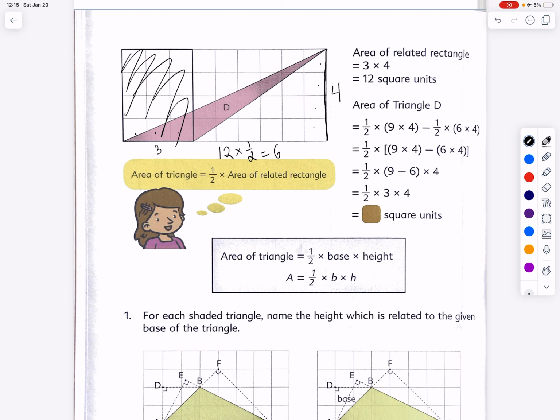My friends, I hope it's starting to make sense. Let's derive the formula, the algorithm, the steps of calculating the area of a triangle. We have base times height of a related rectangle, but then we have to take a half of it to find the triangle, and therefore the area of a triangle is base times height divided by 2, or half of base times